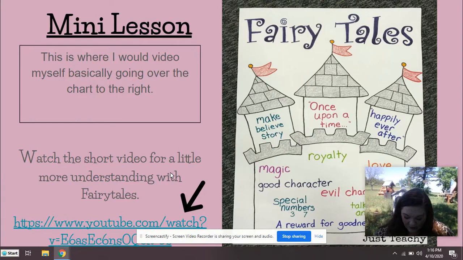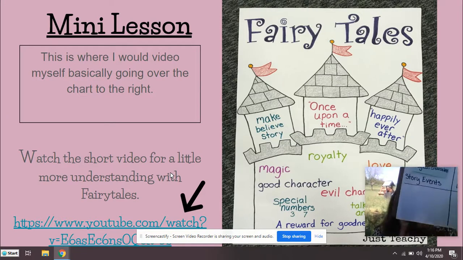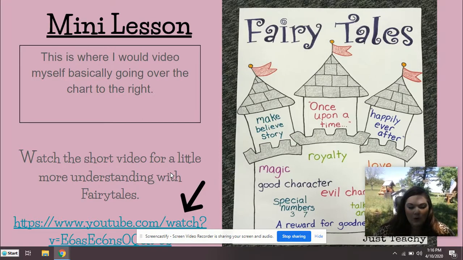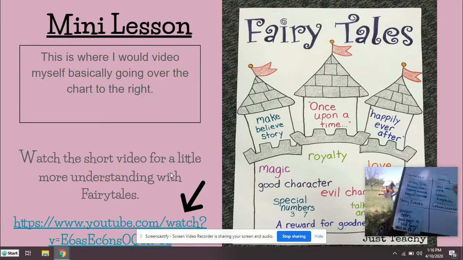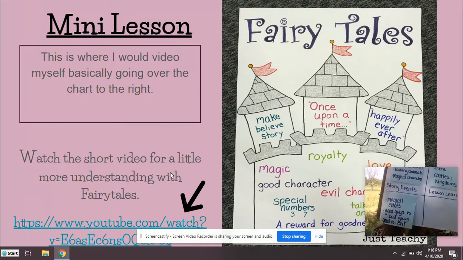The next thing that we're going to look at are the story events that take place. If you think about your typical fairy tales that you guys know about, a lot of things happen that are kind of the same. You're going to have things such as magical events.